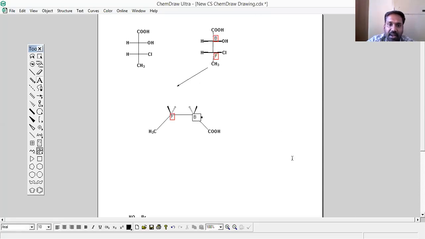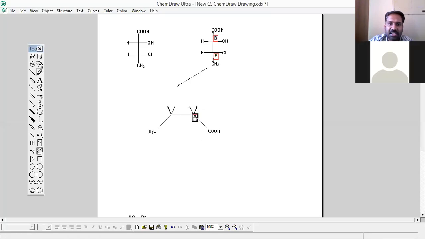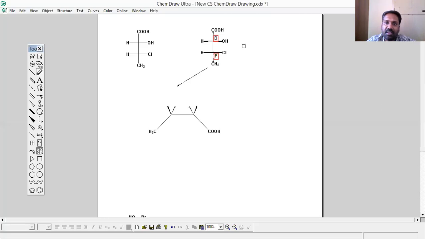Okay. Anyways, front and back is when we are converting Fischer into Newman, but when we are converting Fischer into wedge dash, you're seeing the molecule from here, right? You're seeing the molecule from here and putting these groups on the plane of paper. These groups on the plane of paper. So that is what I have done. CH3, C, COOH. You are seeing the molecule from here. If you are seeing the molecule from this point and bringing the carbon skeleton groups on the plane of paper,